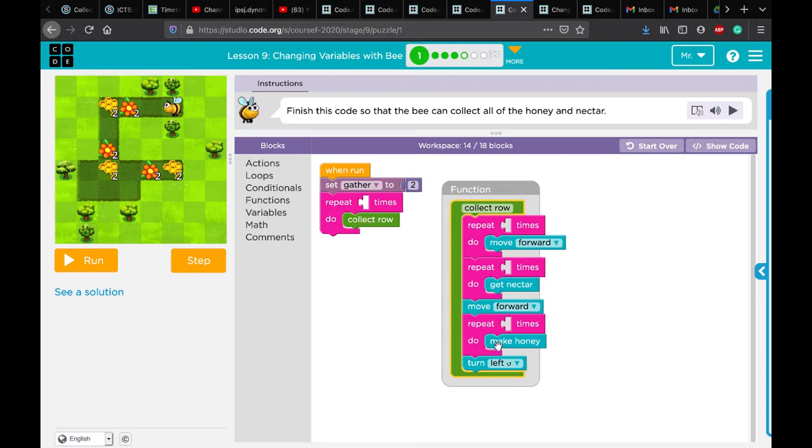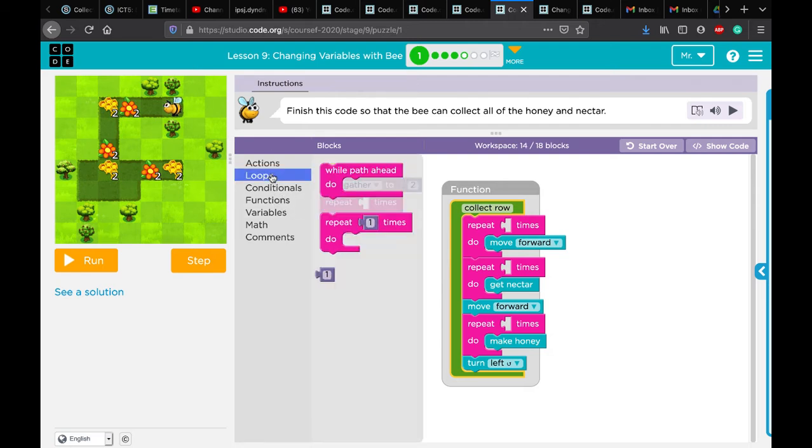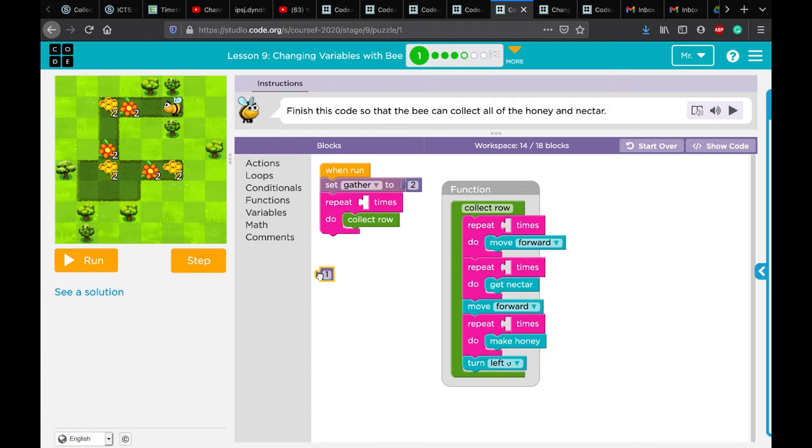What do you think here guys? Repeat this one. How many times do we need to repeat it? We need to repeat it 3 times, right? You're going to do the same thing 3 times because you're going to move forward. Here there is only turn left. Every time you're going to turn left to collect the other one. How many times repeated here, guys? Loops, then take this one, put it here, then I change this one to 3 times. Here in the function collect row, you're going to repeat how many times move forward,